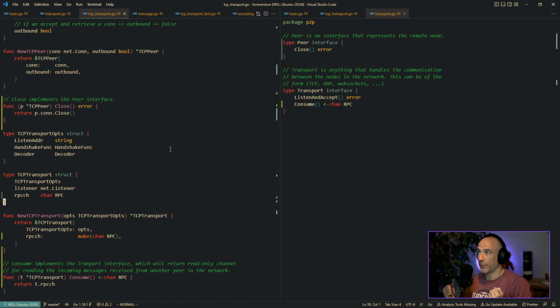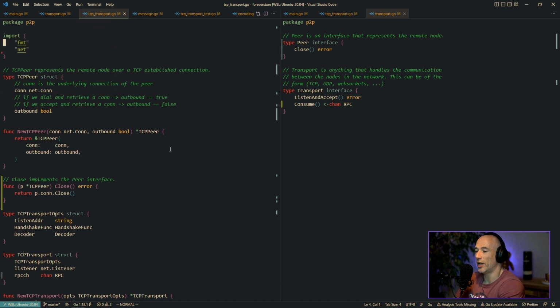It could hold peers that are connected with TCP. It could hold peers that are connected with a local transport. It could even hold peers connected with gRPC. It does not really matter. A peer is an interface, and our server could hold any kind of peer, any kind of connection with its respective transport. That is the beauty of this generic implementation. But we need to have a way to notify the server that there is a new peer, that the server can do with a new peer whatever it wants.